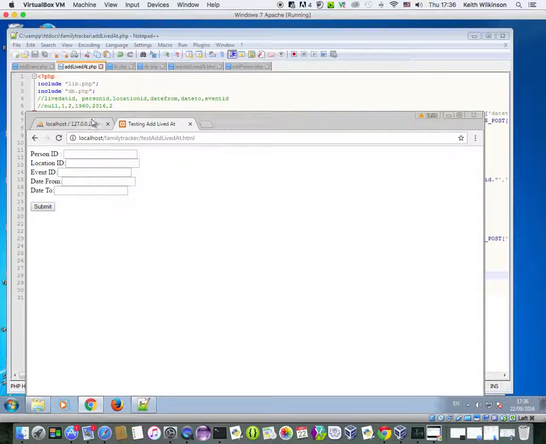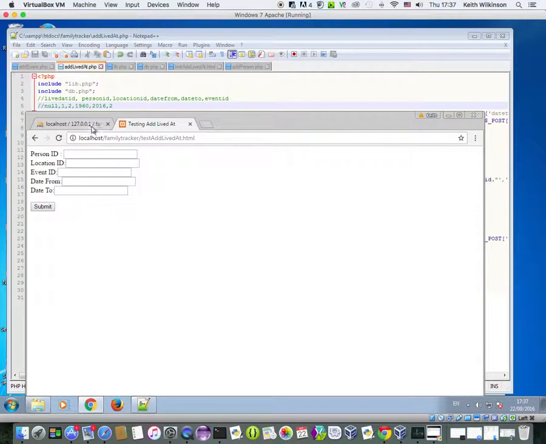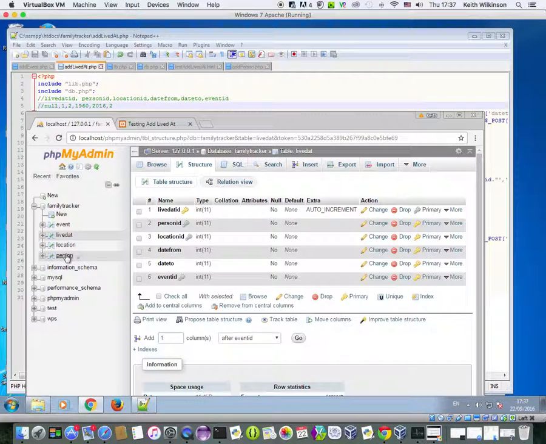Now, all of these values must exist in the table. So I must have a person 1, I must have a location 2, I must have an event 2. So I know, if I just put some things in here, I haven't got an event 3. Person, I don't know how many people I've got in my database. I'm not going to add any more into the database. So if I go and take a look, the last person I've got,